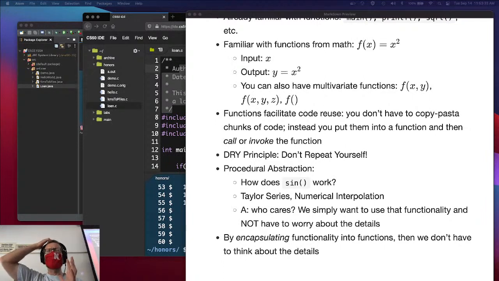Is it going to be a Taylor series, or do I need to pull in a numerical interpolation method off the shelf or something like that? I don't want to have to worry about that. That's not the problem I'm trying to solve. The problem I'm trying to solve, in part, uses the sine function or the square root function, but I'm trying to solve a different problem right now. Right? All right,